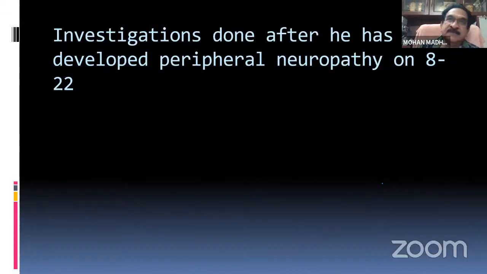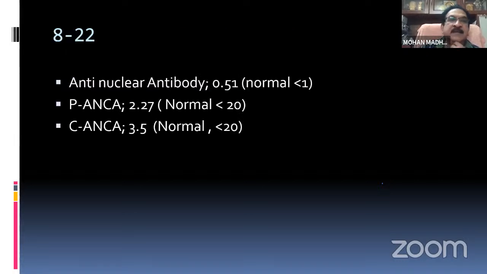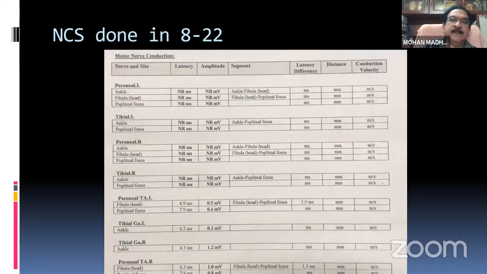So, this was the initial presentation. When he started developing his peripheral neuropathy at the local hospital, he was investigated for the neuropathies. And they did an anti-nuclear antibody, and p-ANCA and c-ANCA, which were also normal. The ANA profile was also normal in the previous hospital as well. They did an NCV, which showed absent potentials from both peroneal and tibial when they picked up from the EDB and